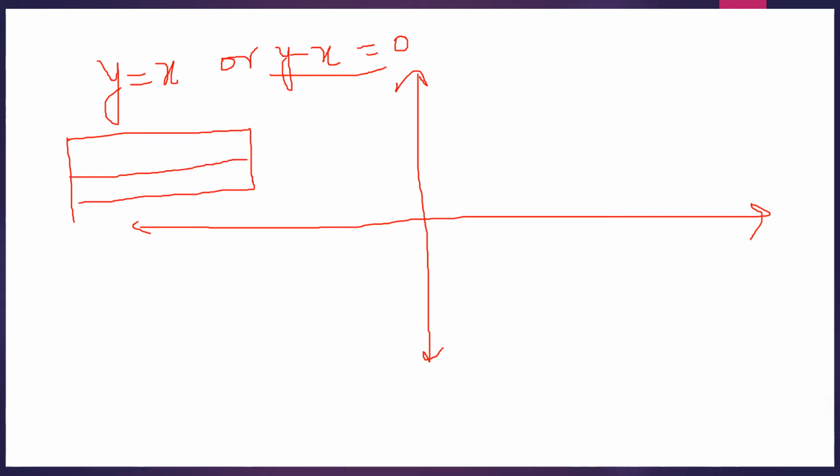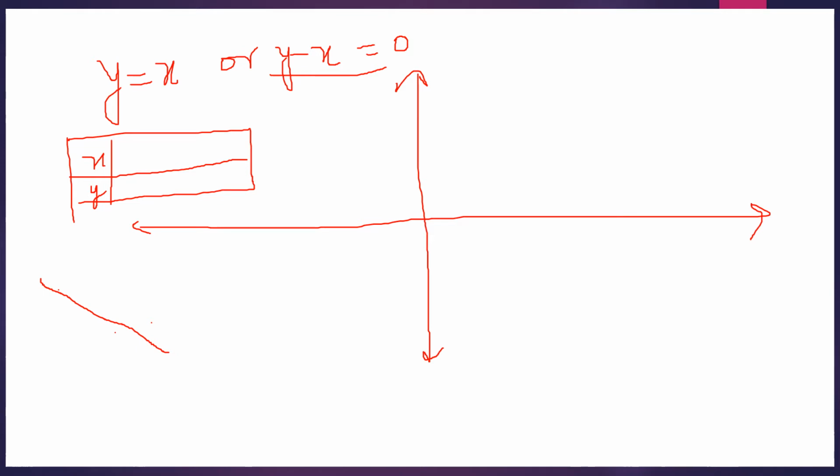We all know to draw a line, minimum how many points are required? Yes class? Minimum how many points are required to draw a line? Yes, minimum we require 2 points, because whenever we draw 2 points, it is easy to join them to form a line. But it is always safe to find a third point also, because if you find a third point, the chances of a correct answer will be more. Okay, we will see how.